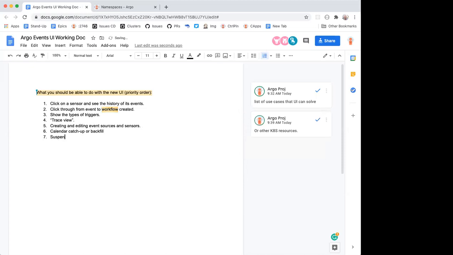In terms of actual asks on the channel, I haven't seen a huge amount of support for this, but it may be too early to say that this is a feature we may need. I totally see the value of it. Usually users, if they want to stop it, just remove that particular configuration from the event source. That's usually how they do it right now. But I can totally see a value there.